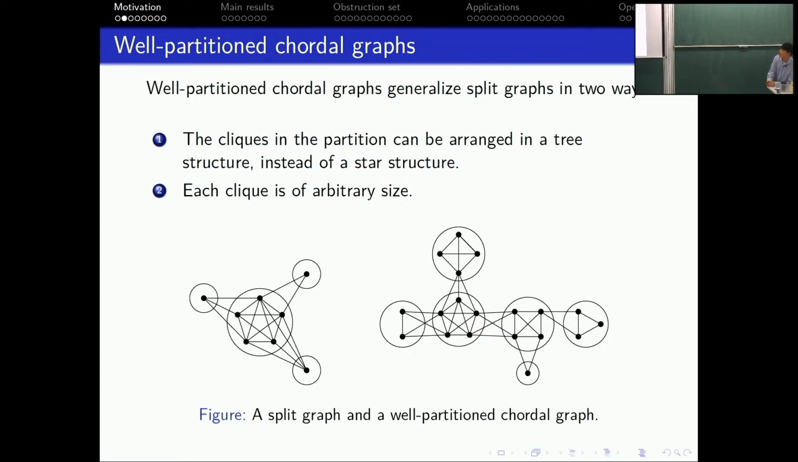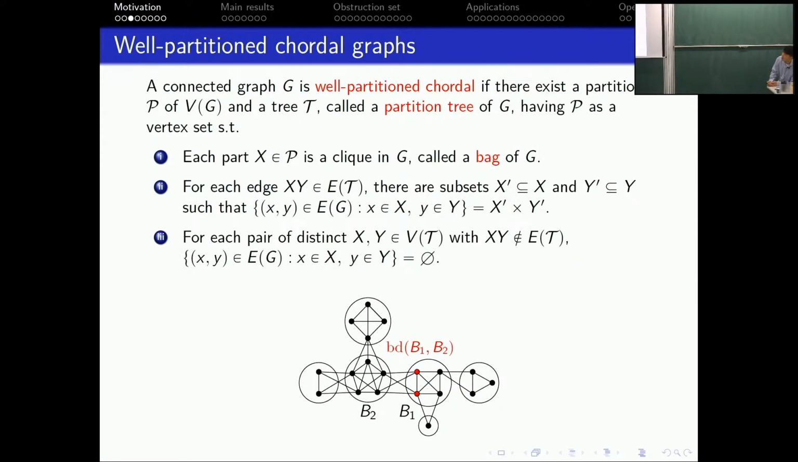Well-partitioned chordal graphs generalize split graphs in 2 ways. First, the cliques can be arranged in a tree-like structure instead of a star structure. And even more, each clique can have more than one vertex. Let's see the formal definition. A connected graph G is well-partitioned chordal if there exists a partition P of the vertex set V(G) and a tree T, called a partition tree, which is the most important definition in this talk, having P as its vertex set, such that